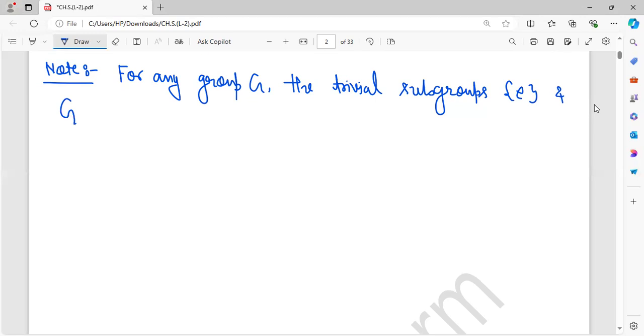Identity and the whole of G. They are the trivial subgroups. The trivial subgroups are characteristic subgroups